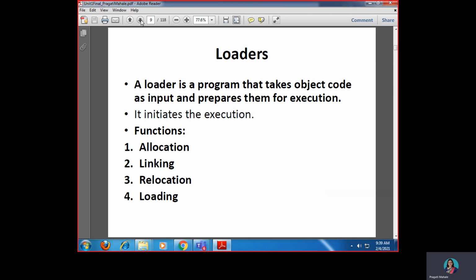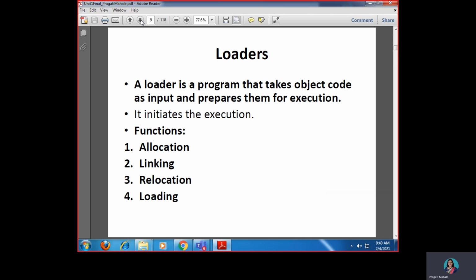Next is the loader. So what is a loader? You must have heard about the loader as well. The loader is basically a program that takes the object code as an input and prepares it for execution, right? So in the first phase, we have a compiler or an assembler which takes a program written in a certain programming language and converts it into object code.